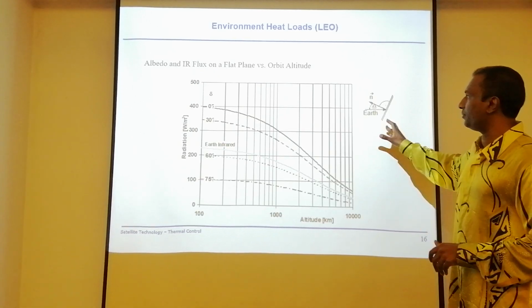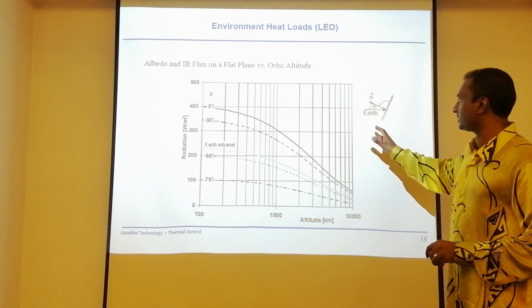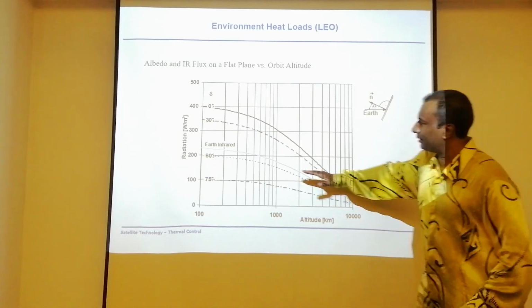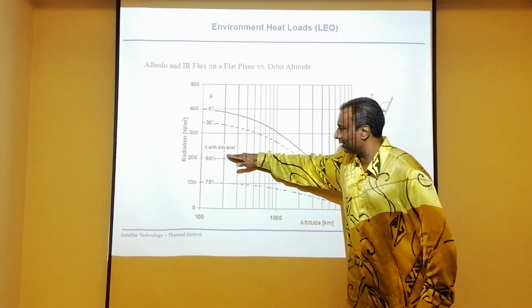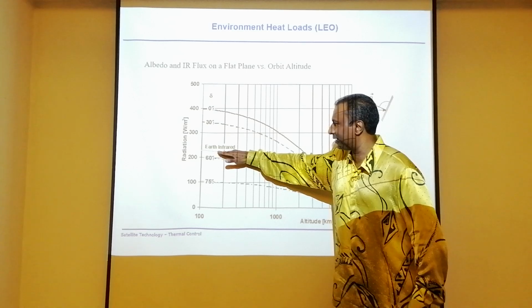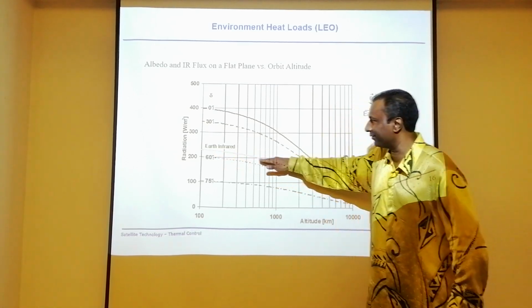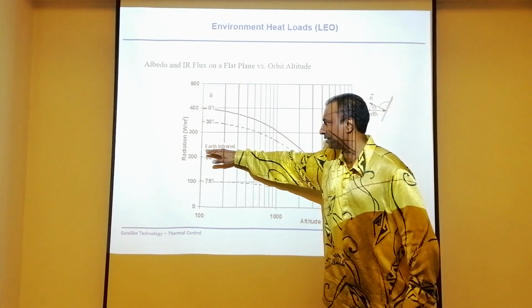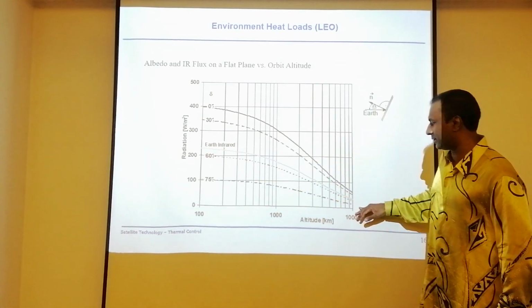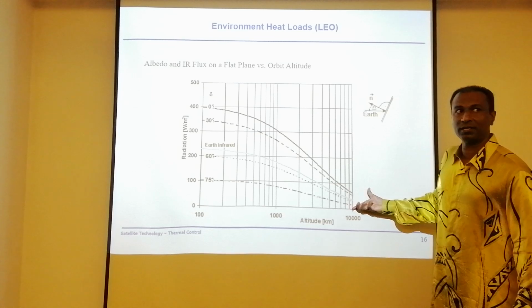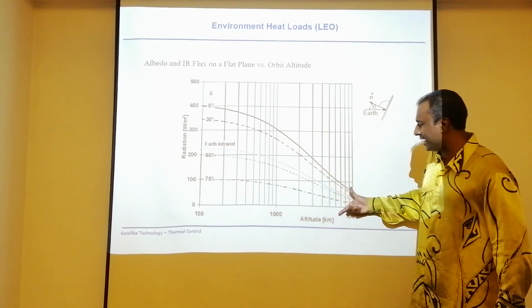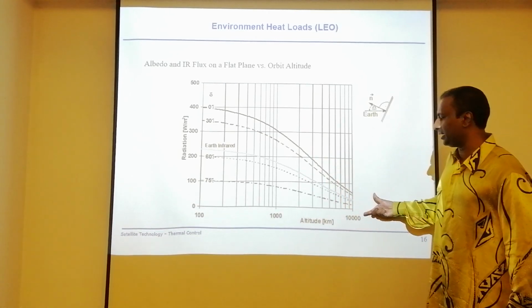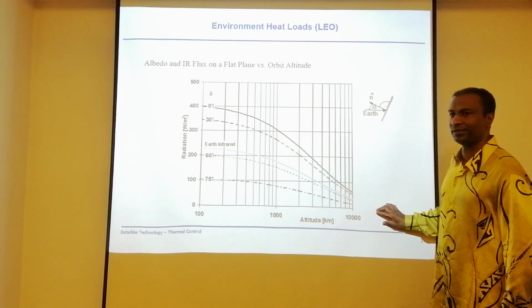Alright, so this is albedo versus infrared flux. As you can see, this is the maximum infrared flux that you can have, around about 200 watt, with respect to the altitude. Now, as I mentioned just now, if you go to higher altitudes, technically you will have a lesser effect of this because